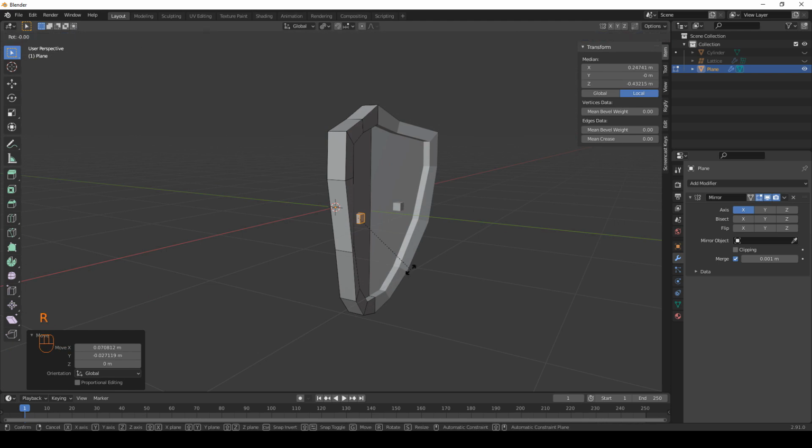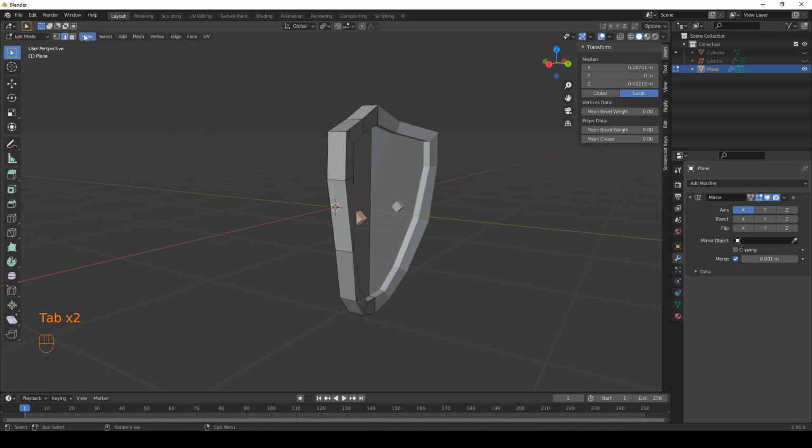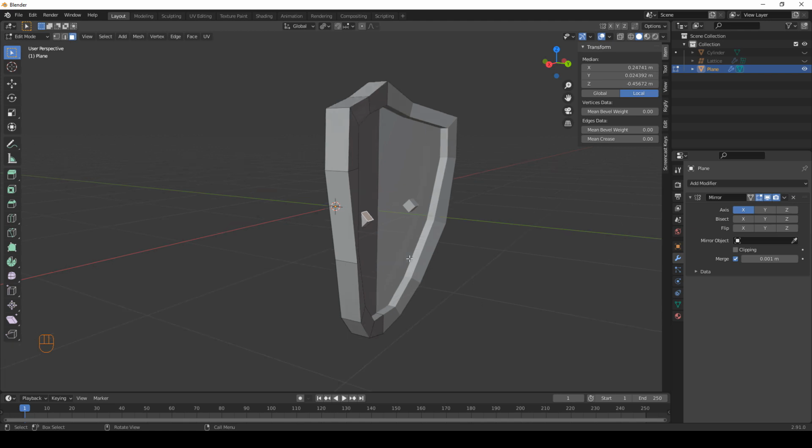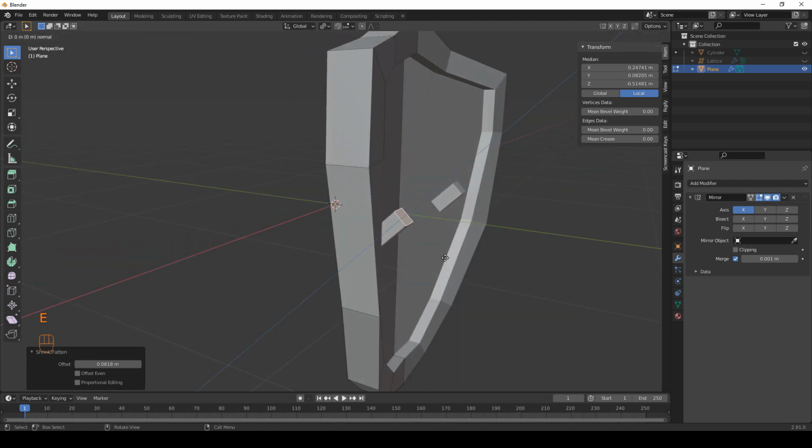I'm gonna rotate it on the x-axis, and here I'm going to select only this face and scale it along the normal. So for that I'm gonna press Alt S. It's gonna scale in the right direction, you know, this is very handy. Scale it like so. I'm gonna extrude this and rotate it again, move it up,